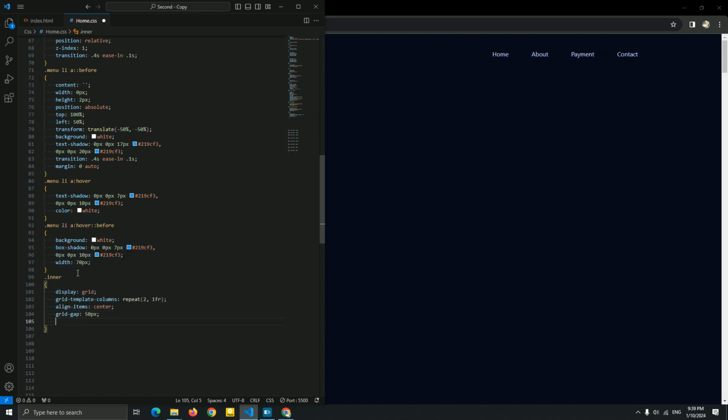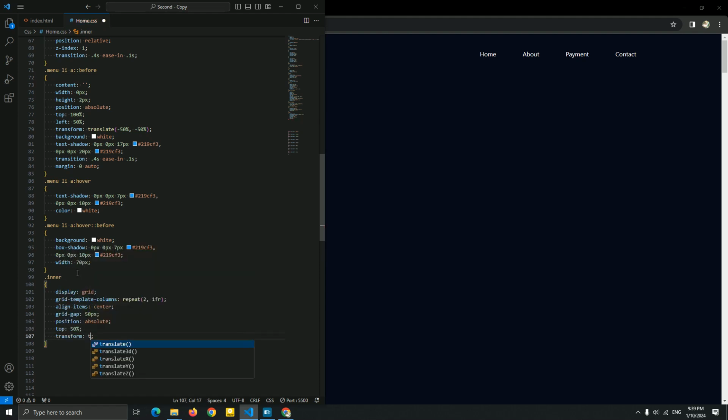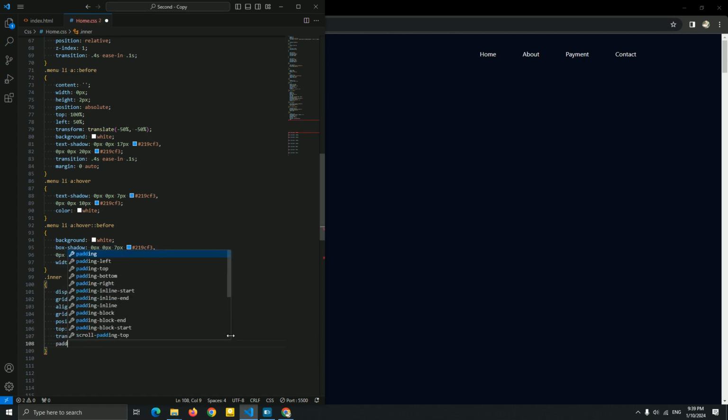Okay. And let me add position absolute, top 50%, transform translate to be the center of this hero page, translateY.